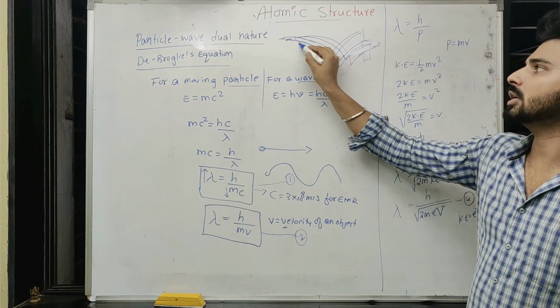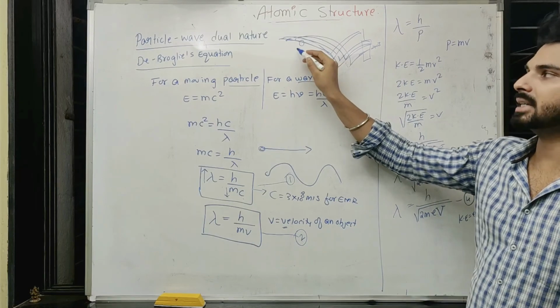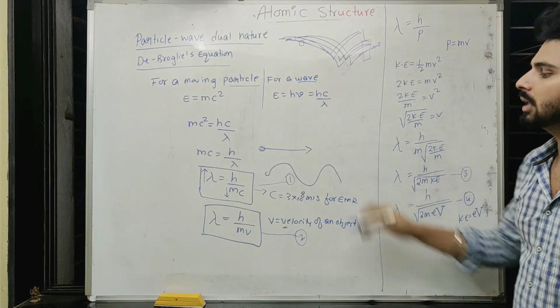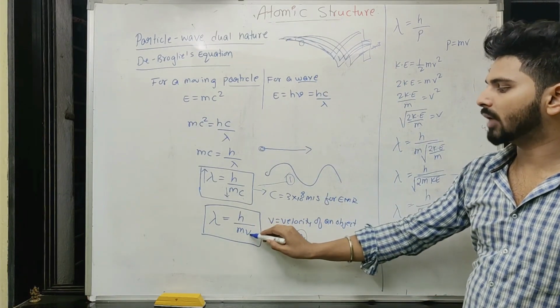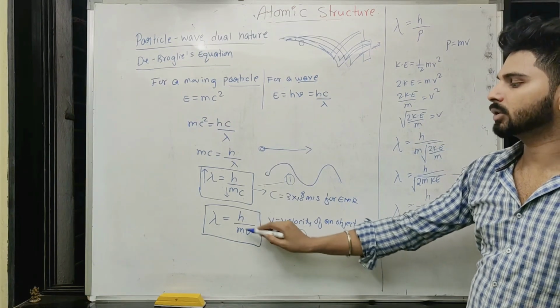So here the ball is a particle, but still we can understand its wave nature. So how fast it is moving and how fast it has been thrown. Based on that we can calculate